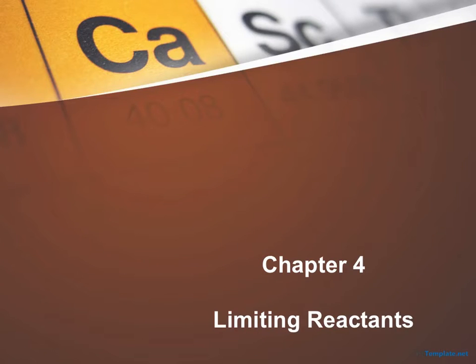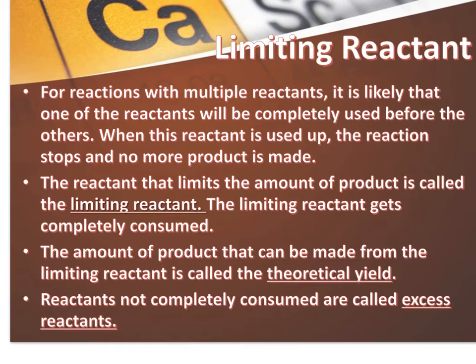This is the second lecture from Chapter 4, and it is still concerning stoichiometry, but it is honing in on what we call limiting reactants in a chemical reaction. A limiting reactant is simply a reactant that runs out before other reactants. And the reason that a limiting reactant is important is because it's the limiting reactant that determines how much product